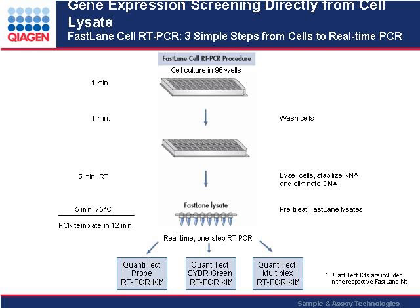And let me briefly introduce this new technology, which is called FastLane Cell RT-PCR, which is conducted in a one-step RT-PCR procedure, which really enables you to increase throughput in a very convenient manner. You start with the cell culture plate. In this case, we picked out a 96 well plate. You wash the cells for 1 minute, and then you lyse the cells, which takes about 5 minutes upon adding